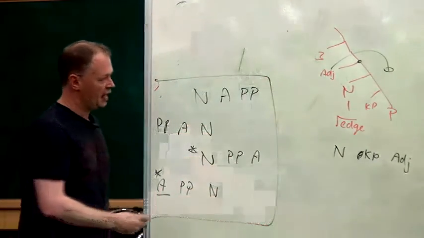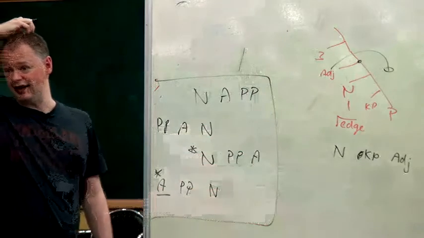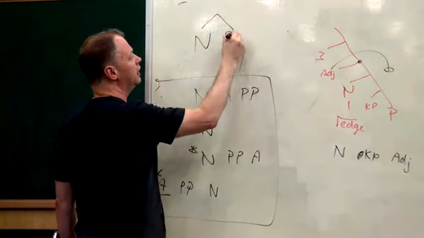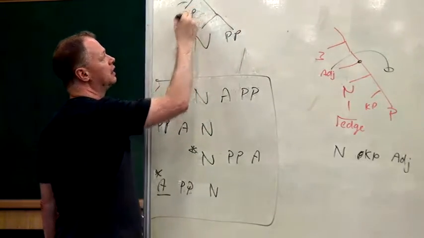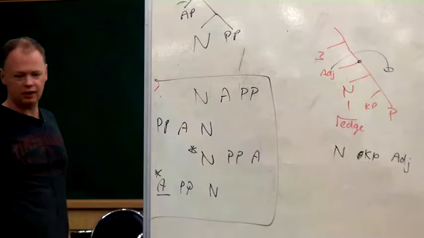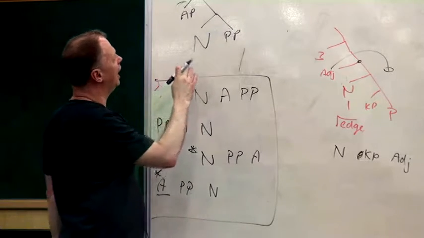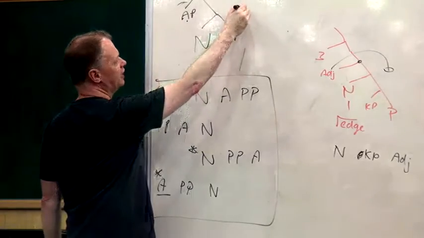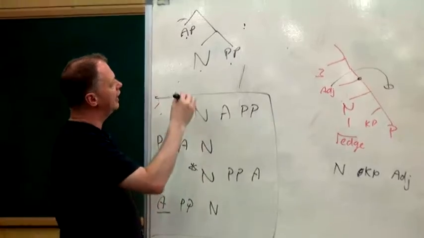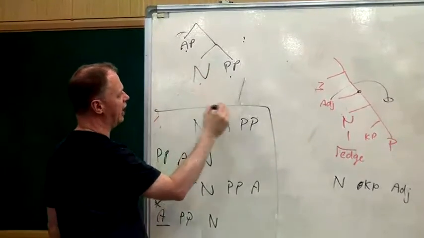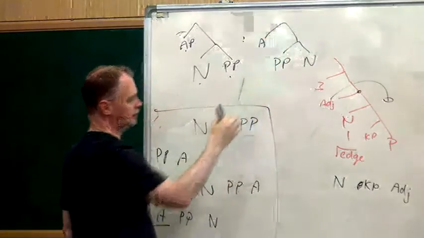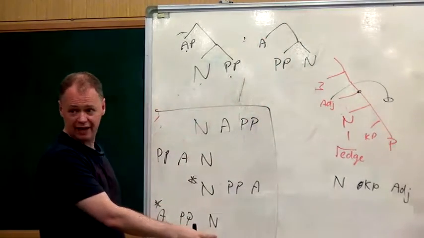Okay? And in the classical analysis, the classical analysis says they've got N, PP, AP. Right? That's kind of unexpected, right? Why is that? Because if this AP is just on the other side of here, we'd expect to get NPP, AP, but we don't get that, right? If we swirl everything around, we expect to get this, APPN, but we don't get that.